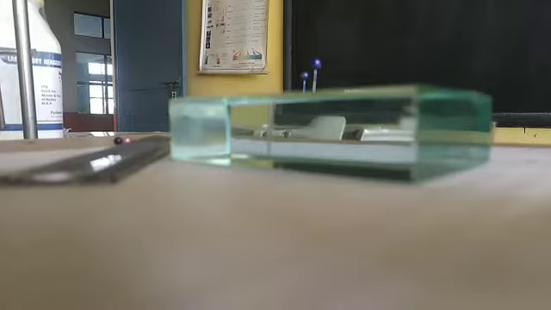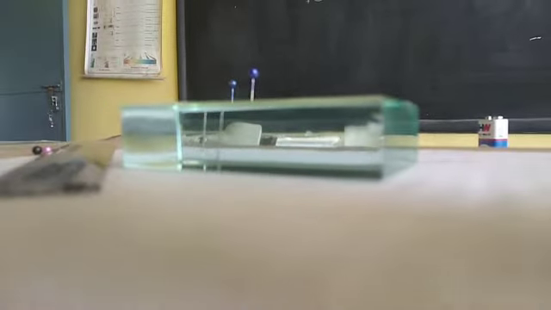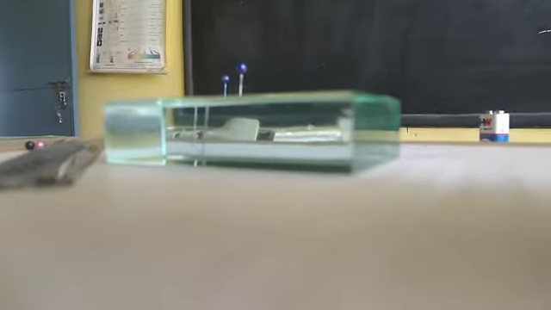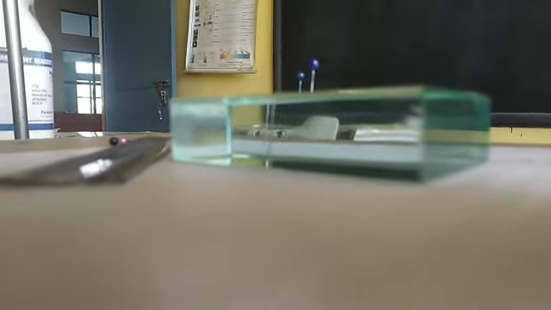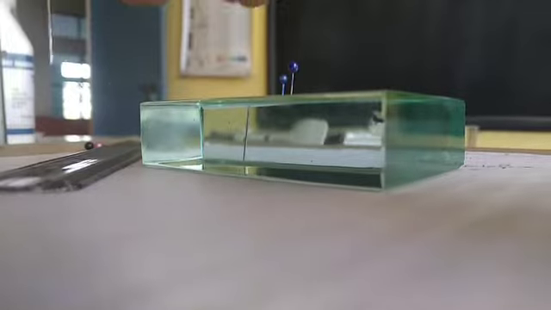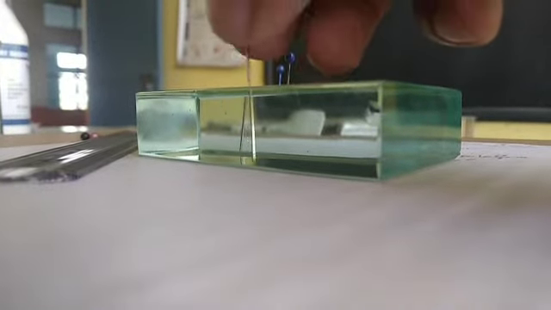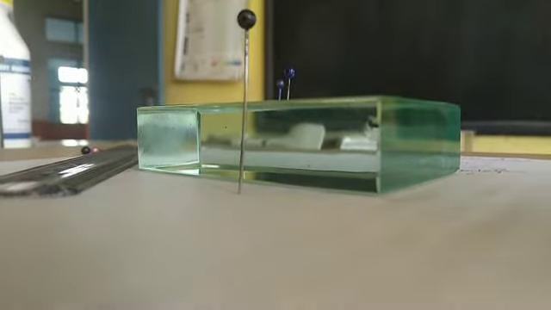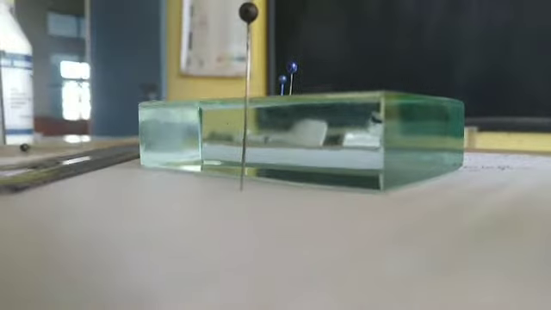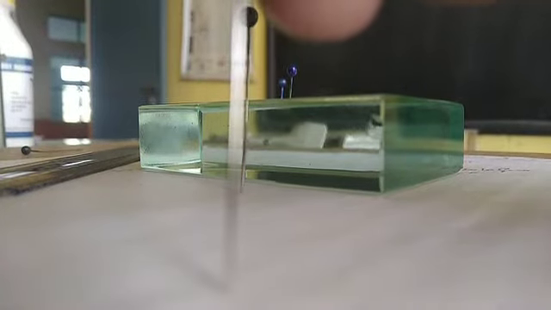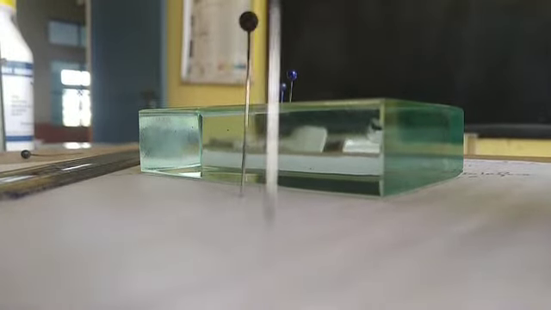Okay. Students, you can see the pins from this side. Okay. So we have to see the bottom of the both pins and both are coming behind each other. Like this here you can see. Now I will place another pin in front of these two pins like this, and again another pin in the same line which should be minimum of 5 centimeter.